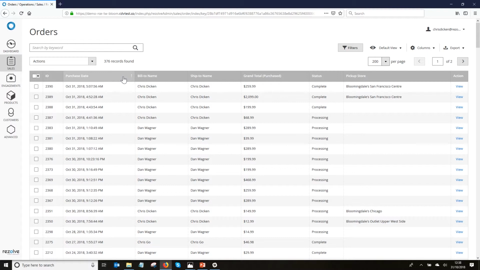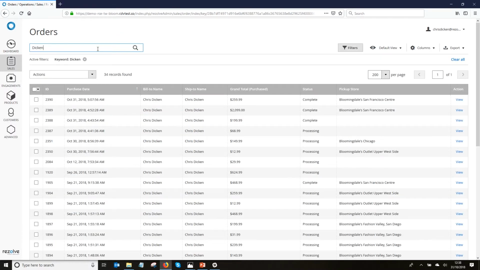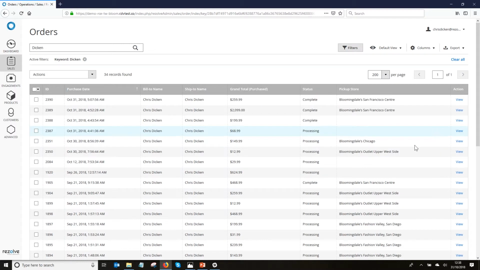You can click on these headings to change the sort. If you want to search for orders by a particular customer, you can by just searching for a surname, and you've got some more sophisticated filtering options here. You can filter by when the order was placed, what the status of the order is, and so on. Status wise, orders come through with a status of processing when they're first placed, and as you complete orders, the status changes to complete. To view the details of an order, all you need to do is click on it,